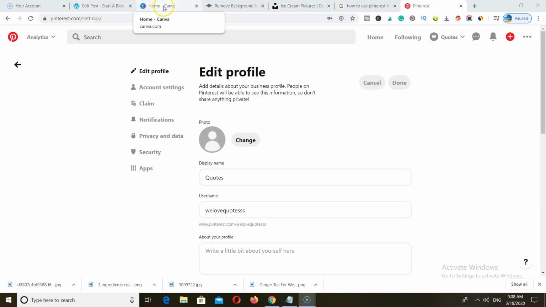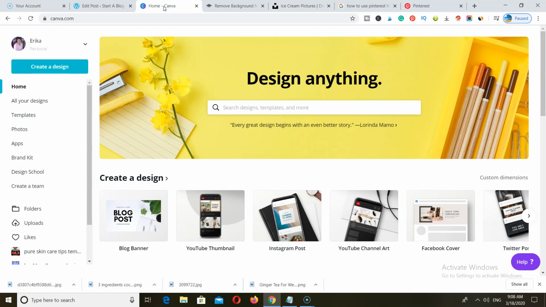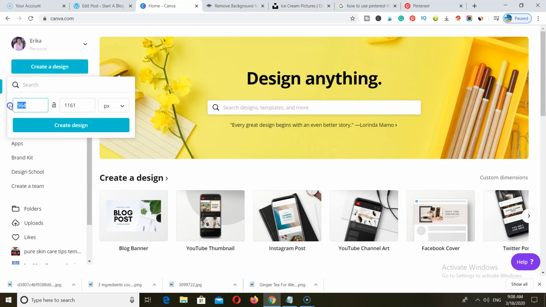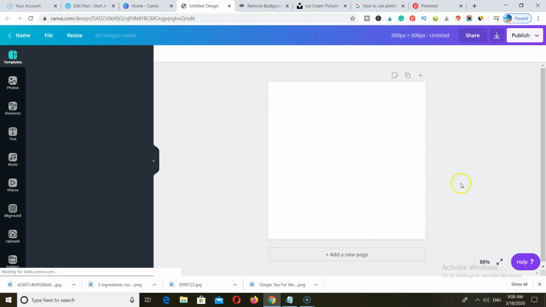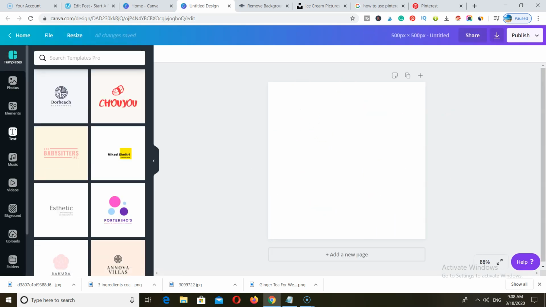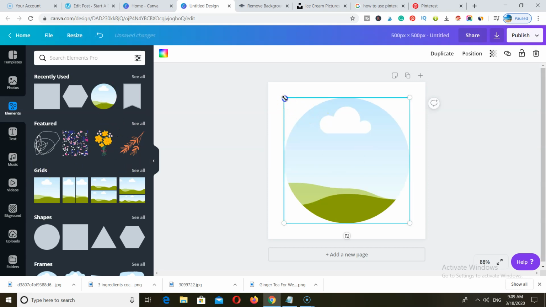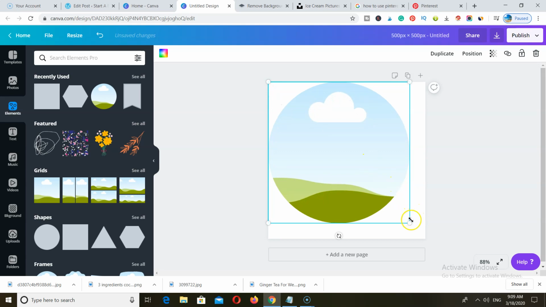You can go over to Canva. This is a free tool, and you want to create a custom dimension. So just go ahead and click on create a design, custom dimension, and here you want to put in 500 by 500. So just go ahead and click on create. There's going to open up a blank canvas. So what you want to do is go on over to elements, and you want to choose grids. Go over to grids, and you want to find a circular grid. Just fit that onto your canvas,